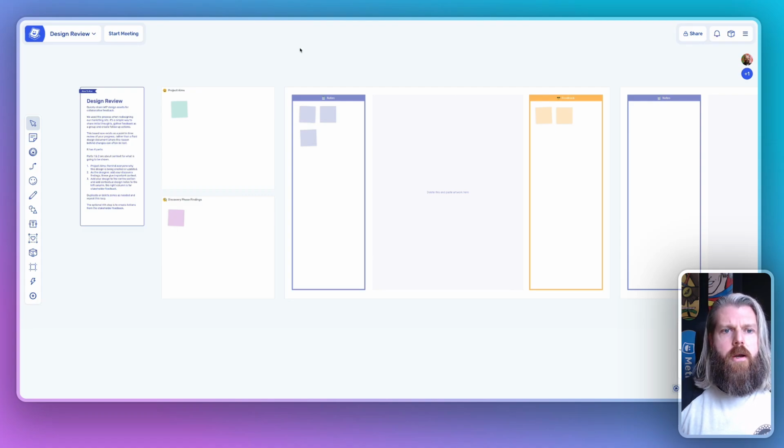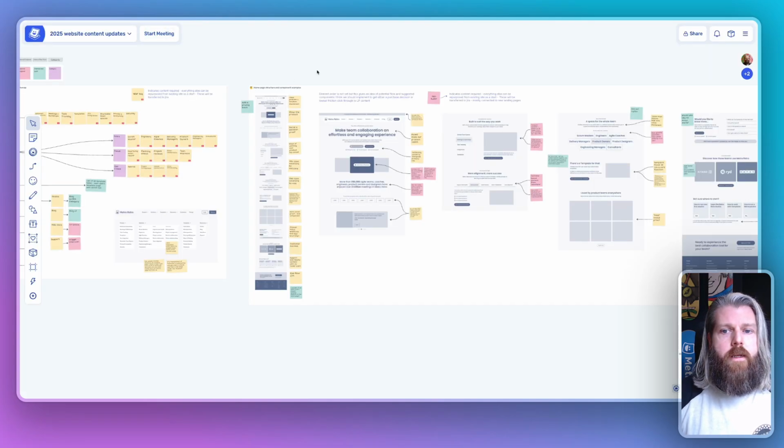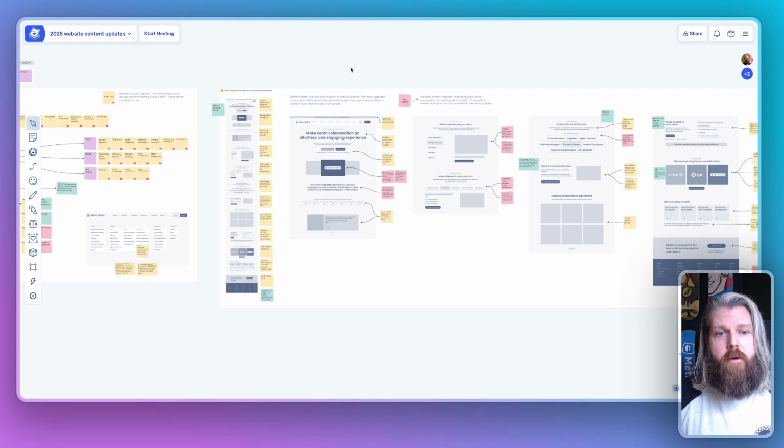Just wanted to share a bit of context and also a how-to guide for the design review template. When we were getting ready to redesign our website last year, I started to put together a board for myself and the team to review together, to go through the design changes that I was suggesting to our marketing website. So that is this board here, and you can see some similarities between this and the actual template that